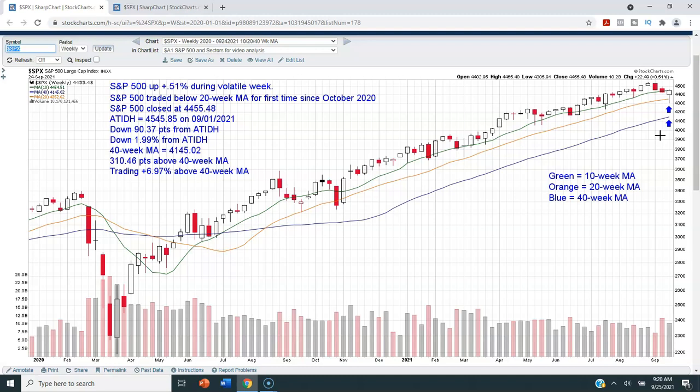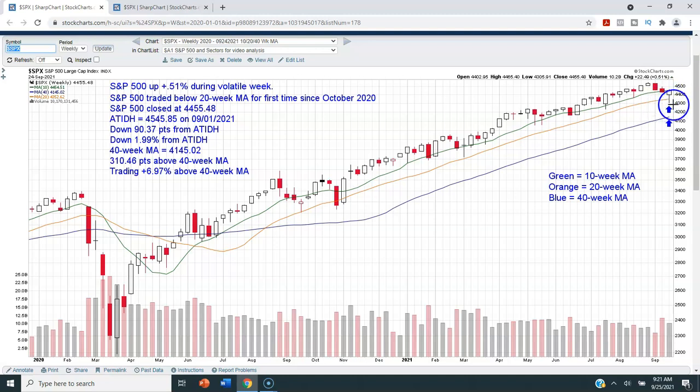And just to point this out, guys, we haven't been below the 40-week moving average since back in June of 2020 right here. In most years, a pullback to the 40-week moving average is common. At least once or twice during a calendar year, you'll pull back to the 40-week moving average, and we just haven't done that for over a year. So it's been a long time since we've pulled back to the 40, and just to put this in perspective, the last time we even had any trading,